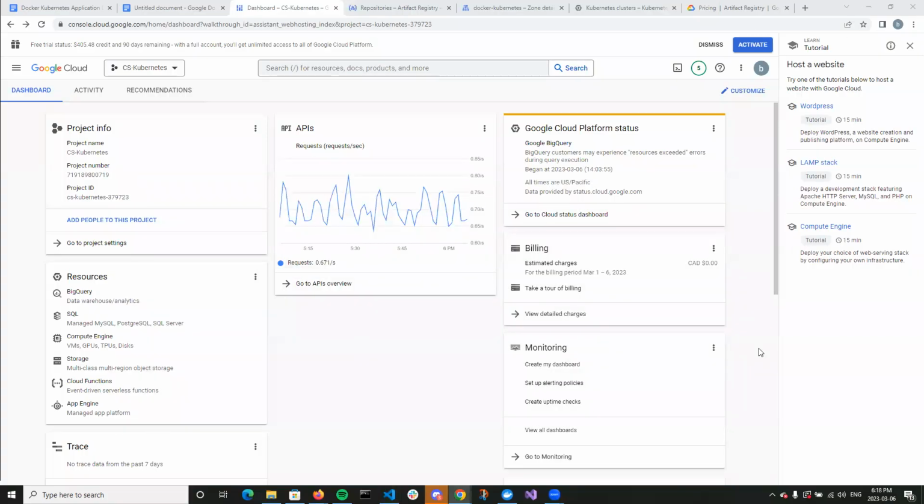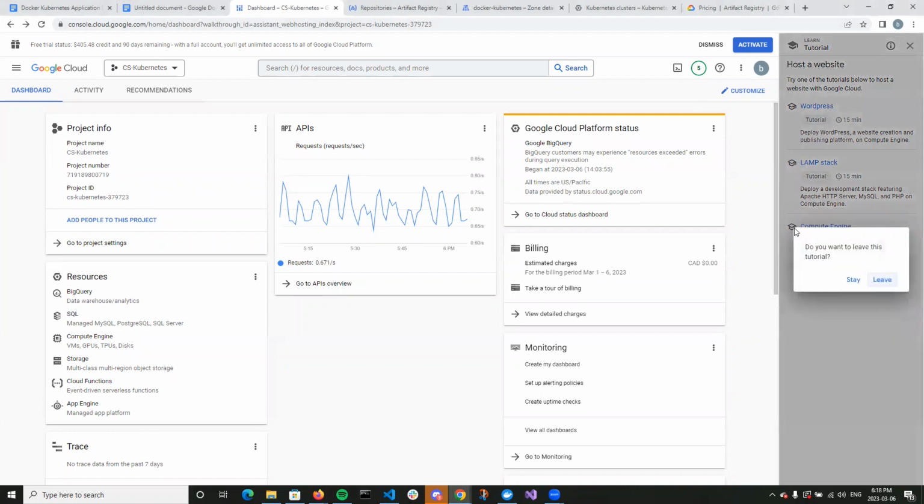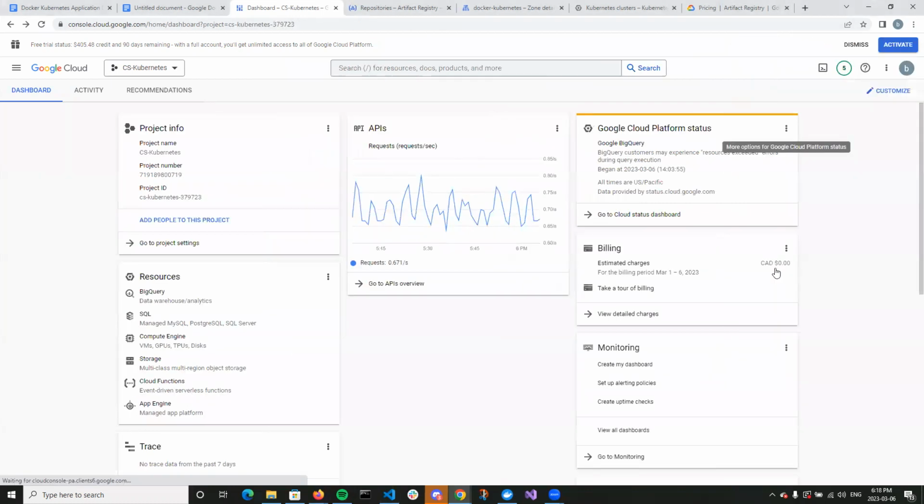So I'll go down here and give you a little detour of Google Cloud. Everything on here we were able to do. We have clusters running, we have pods running, and I got a domain and I have that running as well. That's just running our application through Kubernetes and containers. So here's my project dashboard. I'll walk you through some of these. Sorry, the top of Zoom is kind of in my way.